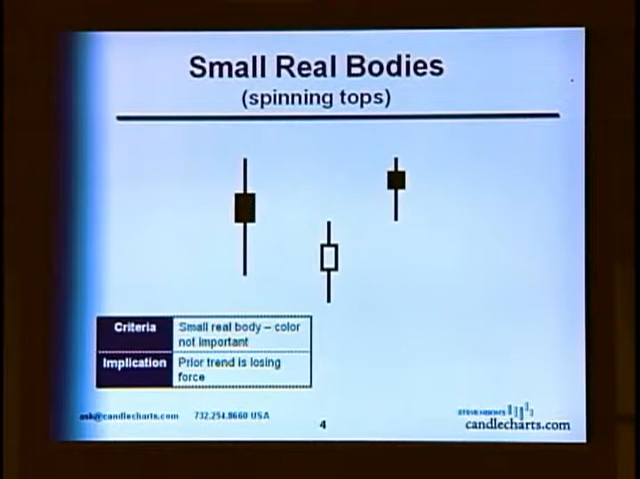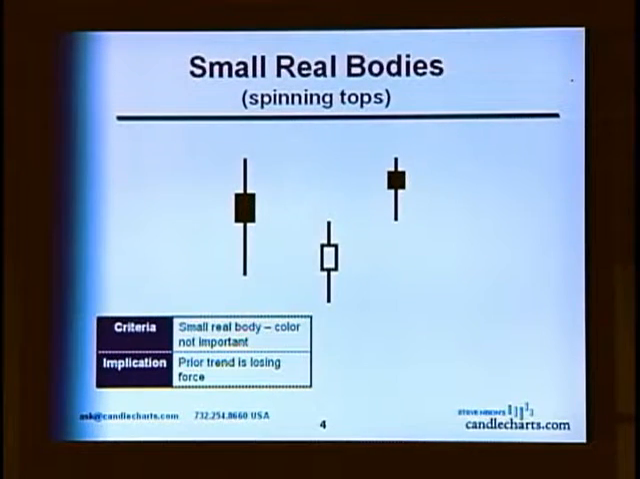We wind up with what the Japanese call spinning tops. These are just small real bodies. And what's wonderful about the candlesticks is that they alert you to subtle changes in the markets, the supply-demand situation. So with the tall white candle, the bulls are in charge. The long black real body, the bears are in charge. As we get these diminutive real bodies, as shown here, it shows the market may be losing a little bit